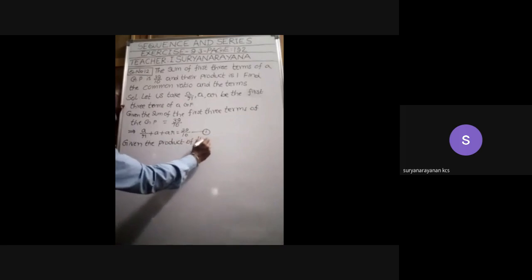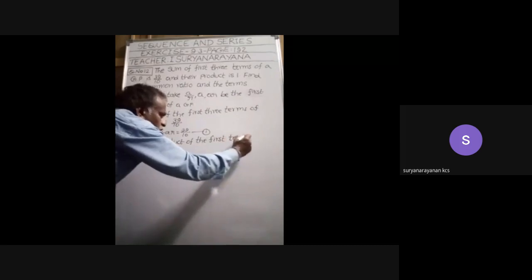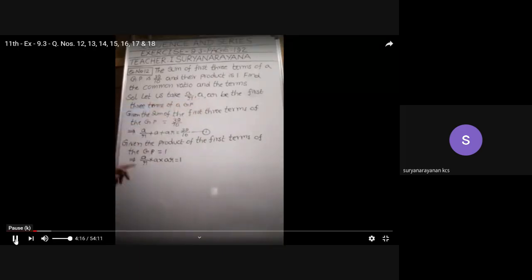Their product is 1. Given the product of the first three terms of the GP is equal to 1. This implies a by r into a into ar is equal to 1. Yes, my children. These are the first three terms. So the product of these three terms is equal to a by